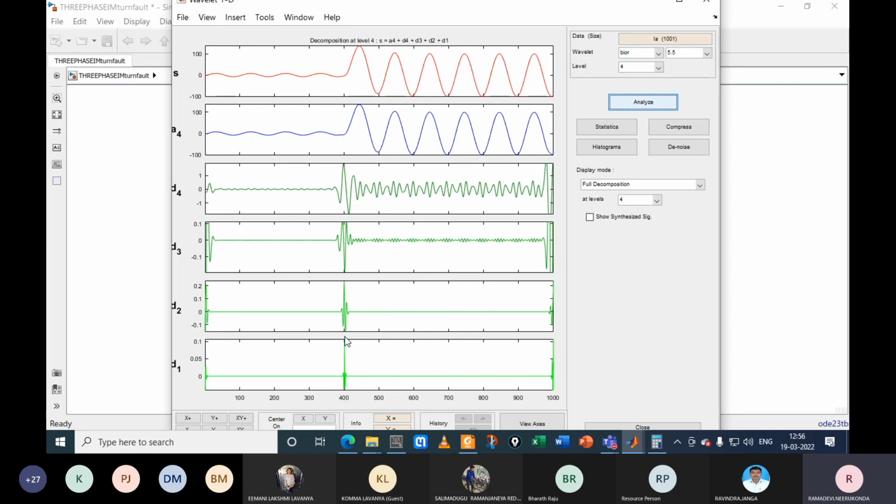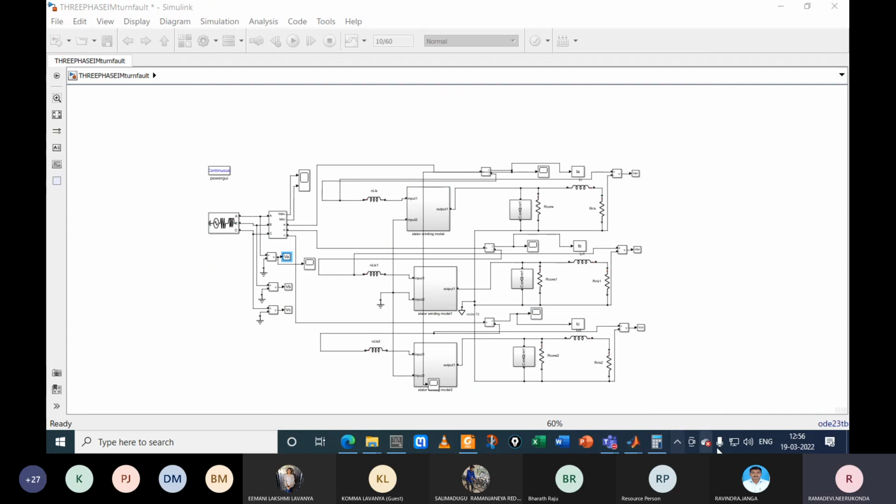That's why we get a higher value of detail level coefficient at that instant. At all the remaining instants, we get 0 values of detail level coefficients. So the disturbance-corresponding point we get from this. So another is